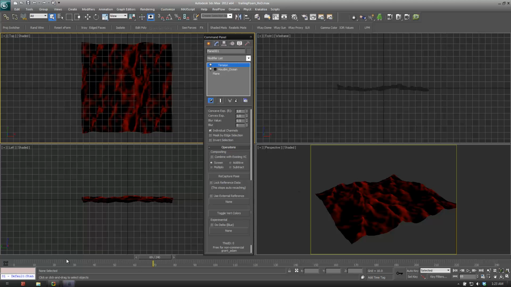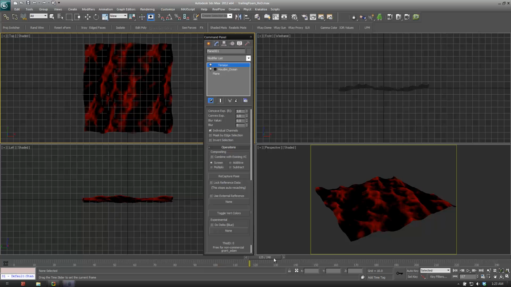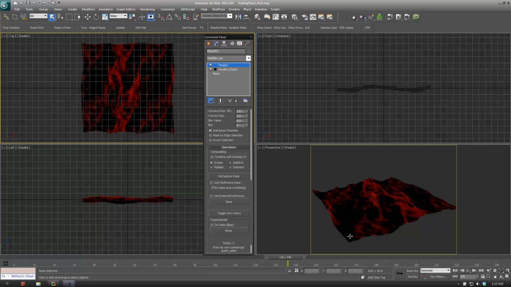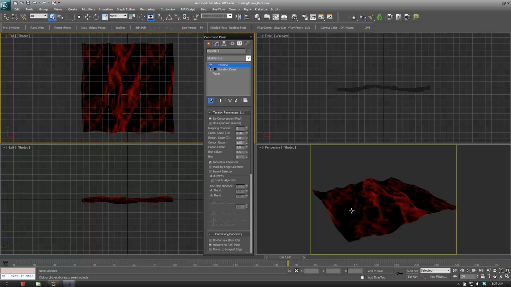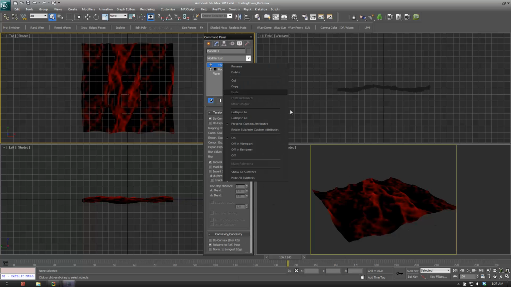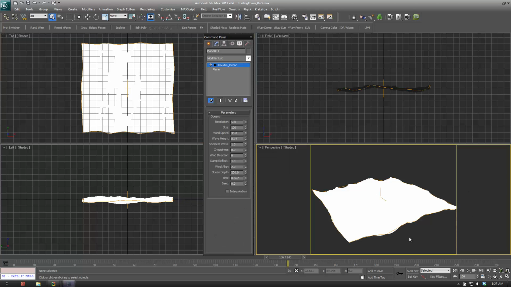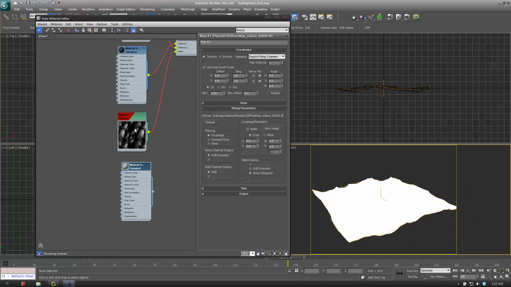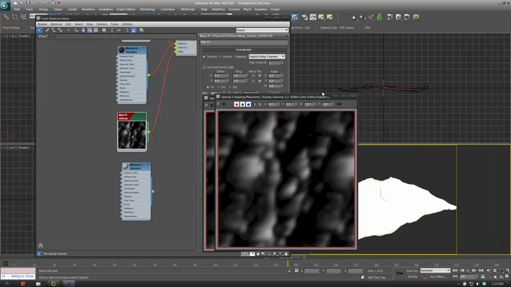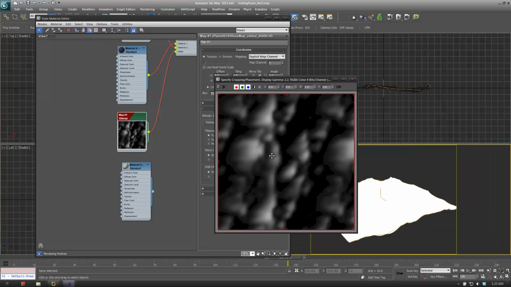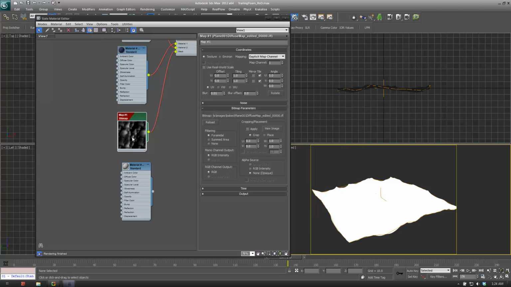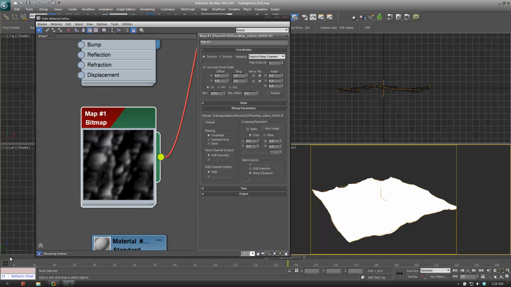Then I just rendered the whole sequence out. Play around with these settings obviously to get a bit less if you don't want it all. Don't want too much red. Brought that into After Effects, and basically I turned it black and white, blurred it, and used a time offset, I think, or a time displacement maybe, basically to generate trails that fade off behind it. So if we zoom in here, you can sort of see